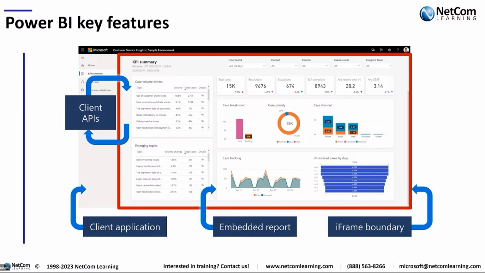So if you're a user of Dynamics 365 Finance and Supply Chain Management, as an example, you would have the ability to embed Power BI visualizations directly into that application. So Power BI Embedded is basically a cloud-based platform as a service, offered by Microsoft, that gives developers the ability to embed Power BI reports and dashboards into other applications, right?